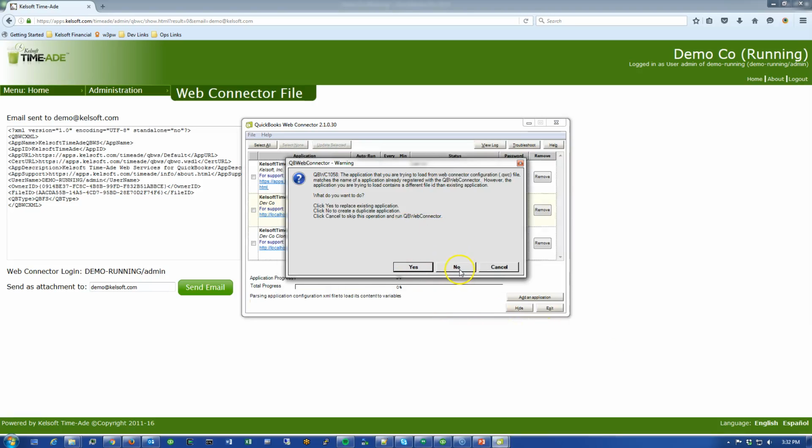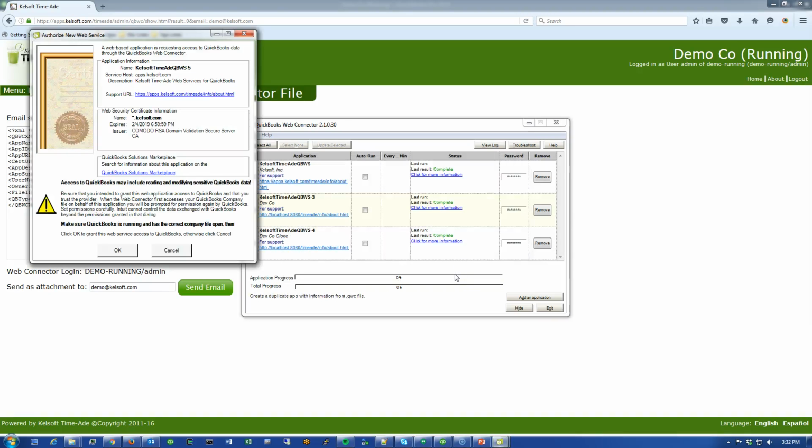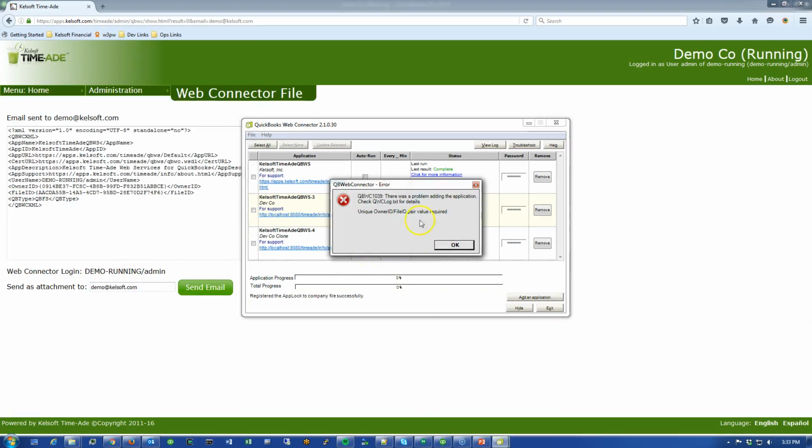And I want to create a duplicate application. I don't want to replace the existing ones. I'll click No here. Normally you won't get this. This is only because that message only happens when you have multiple company files and multiple instances of Time-Ade on your machine. So everything looks like it's working just fine until we get this error message here, that we have